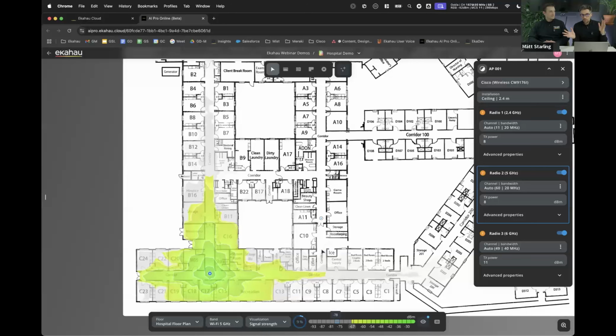Also, past that threshold, the client device would probably be thinking, oh, I definitely need to roam to another access point now. Almost as well, the coverage could have just disappeared from the perspective of the client device. So the client device was just a second ago, even less than a second ago, enjoying life. Life was all good. I've got great signal, I've got great coverage. I don't need to go find another AP to go and roam to. So all of a sudden it's panicking, going, I need to go and find another AP to go and connect to. So it's going to be quite a bad experience for the client device.